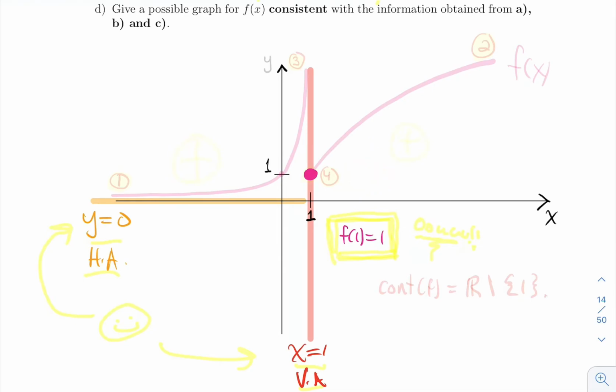So if we had the exact same equation for f of x, but suppose that we did not add that middle line, this would just stay a hole. Or if my function was f of x is equal to 2 at 1, then the full dot would have been above that full dot. Okay, so anyways,